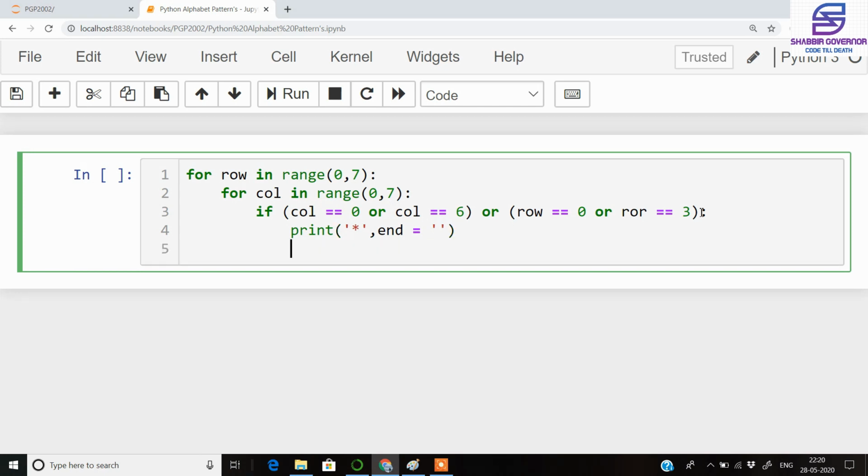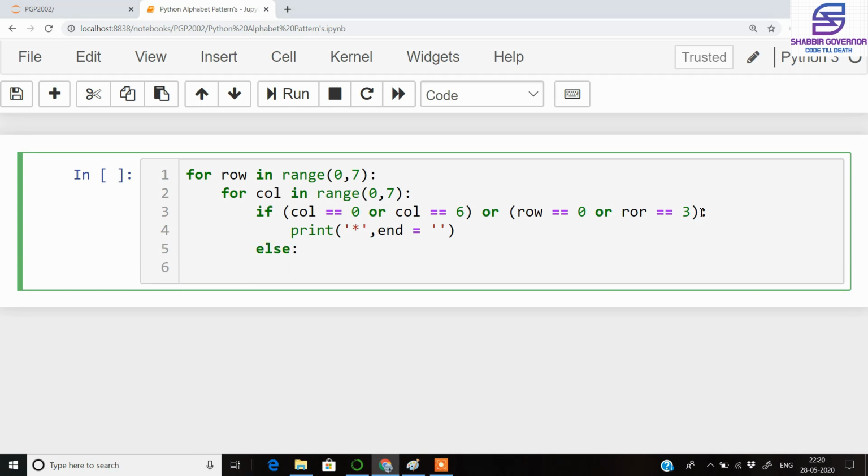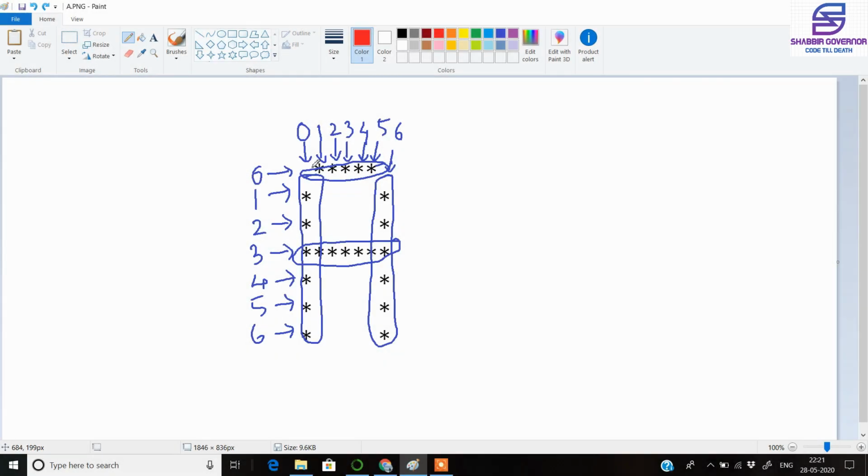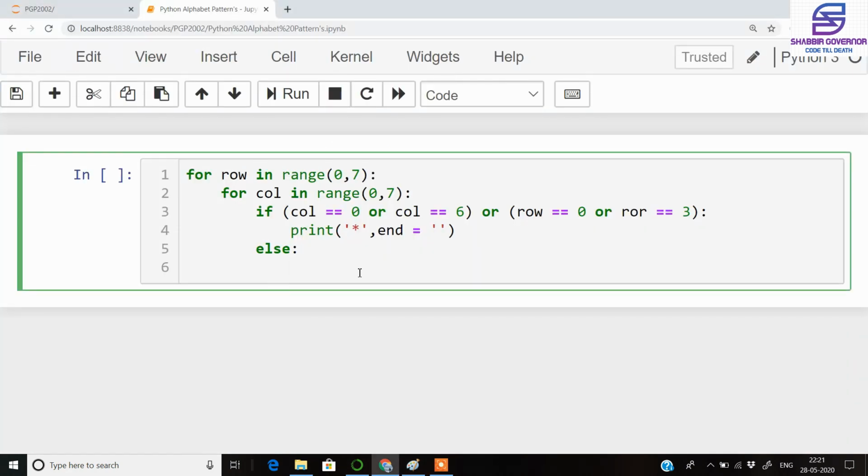And after printing the star, in the else condition we will be writing that if this condition is not matched, we will be printing a blank space, because in the pattern you can see here that we have a blank space here, then this is a blank space, this is a blank space, this is a blank space. So we need to print blank spaces at all of these positions, and this is the case where the conditions are not matched. So we write print